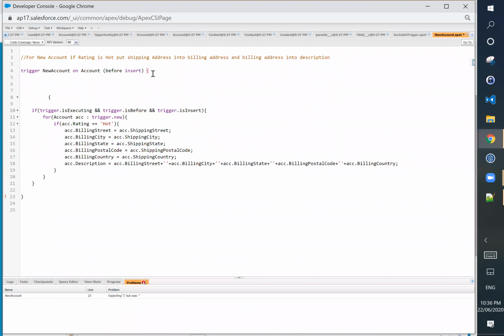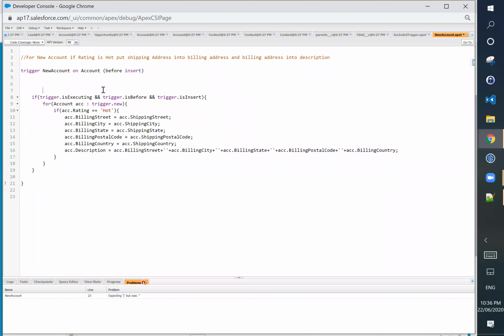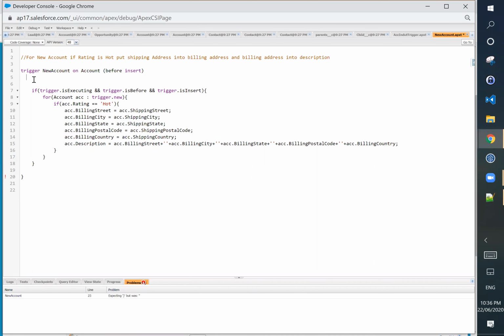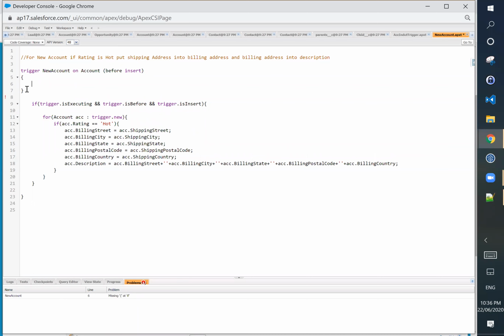Remove this bracket at line 8. Line 8. Go up. Yes, and give a curly bracket here at line 5. Line 5. Yeah, and remove the closing one. Remove this one at line 7. Yes. And remove the extra spaces at line 7, 8.